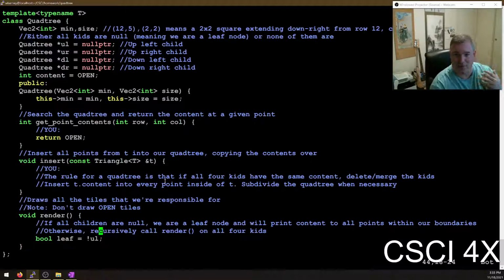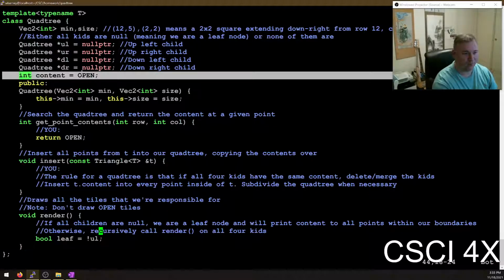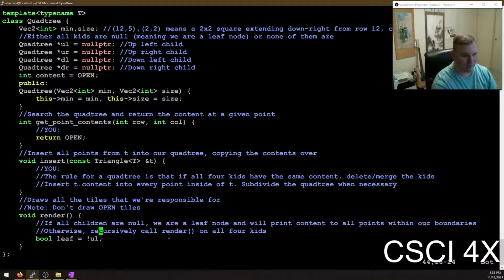So if we're a leaf node, then we're responsible for rendering the 2D region that we're within, that we represent. This is the 2D region we represent. So we could represent the region starting at row 12, column 5, 2 to the right, 2 down. And so when we render it, we're going to render it in whatever color that is. So let me just show you guys how to do this using the colors library. So we need to set all of it's going to be the same color, so that's easy. So we just cout